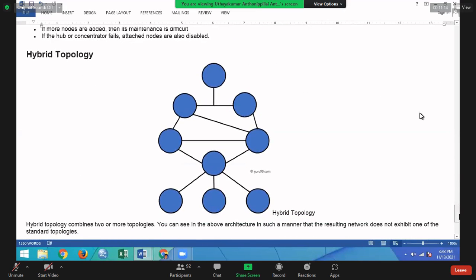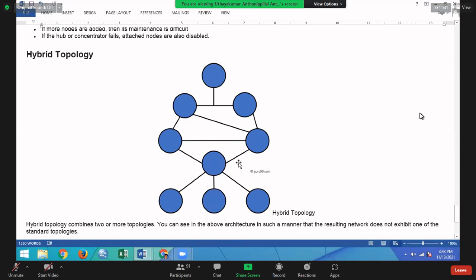Hybrid means, like a hybrid car can run with two mechanisms, right? If a topology is hybrid, it is the interconnection of two different types of topologies, right? It may be tree and ring, or star and ring. So hybrid can be connected with two different technologies.